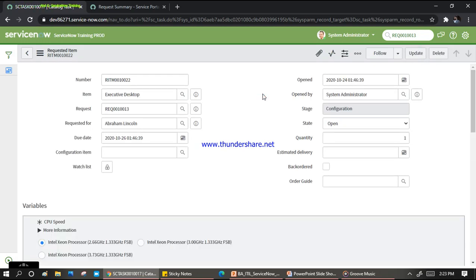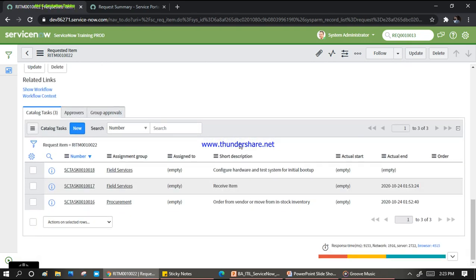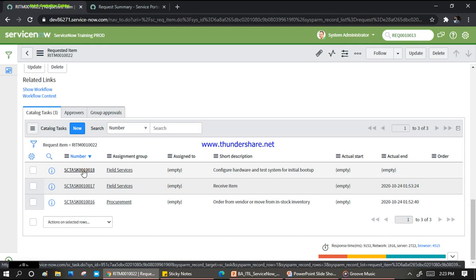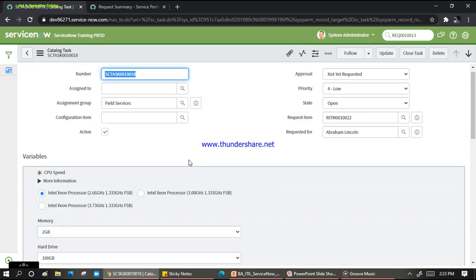It has been done. Let me go to my RITM again. It's saying configuration. Okay, so I'll click on the configuration. Okay, he wants to put these things, the parameters, the variables which I put, these things he will configure for me. Okay. So suppose he has done all configurations and is closing the task now.